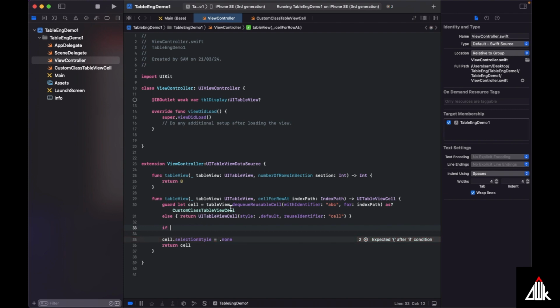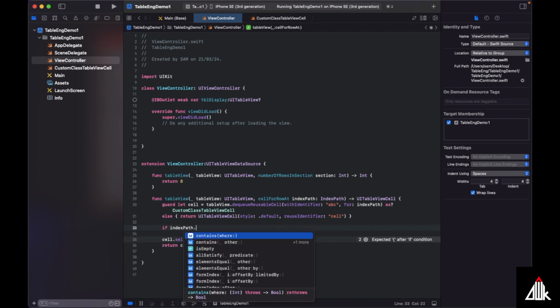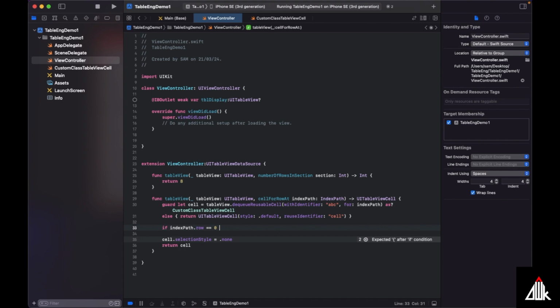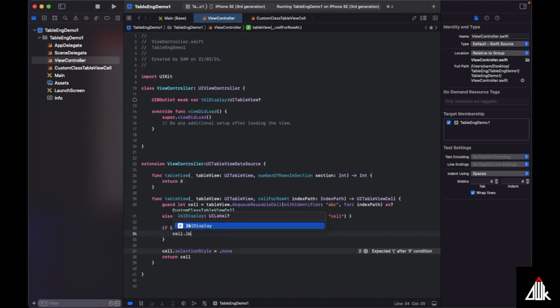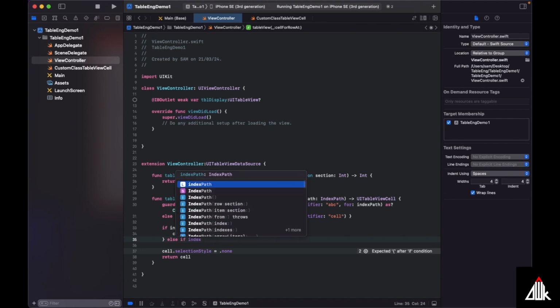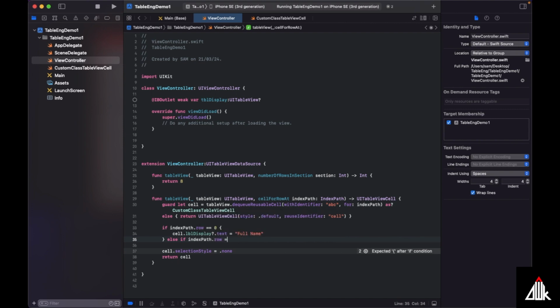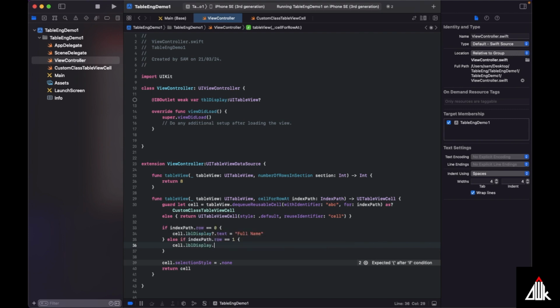Okay, so now we need to compare this way: if indexPath.row equal to 0, that means cell.labelDisplay.text equals full name. Else if indexPath.row equal to 1, that means cell.labelDisplay.text equals email, I guess. Yeah, email. Then after that phone number,